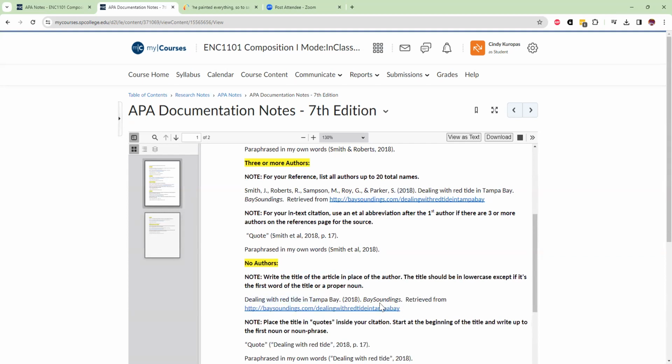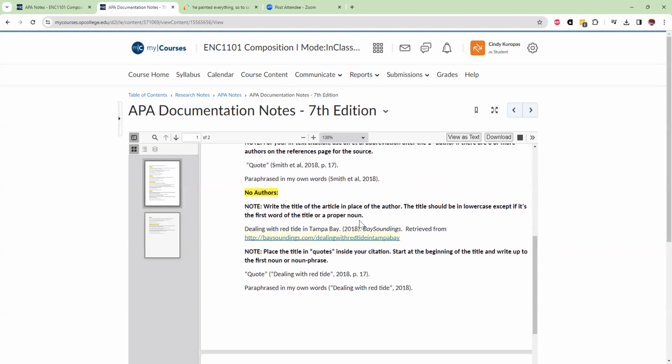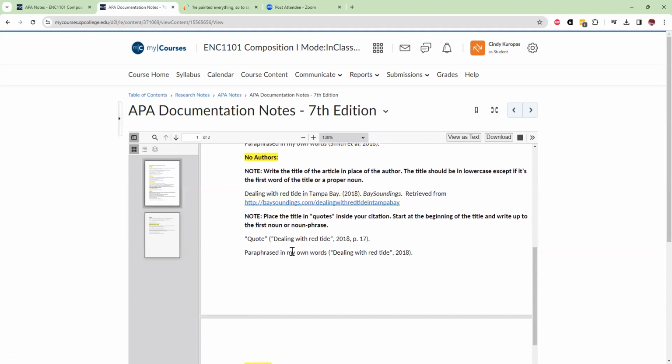So if there's no author, you start with the title of the article. You'll pick it from here, plop it down right here in front of the year, put the year, and keep on going. All right. But for the in-text citation, one thing you do have to remember to do is that when you're putting the title